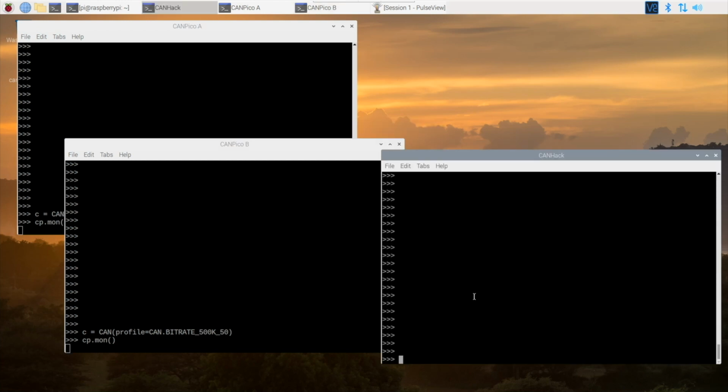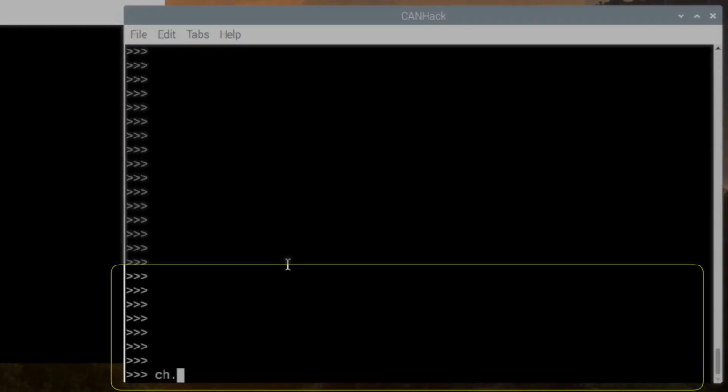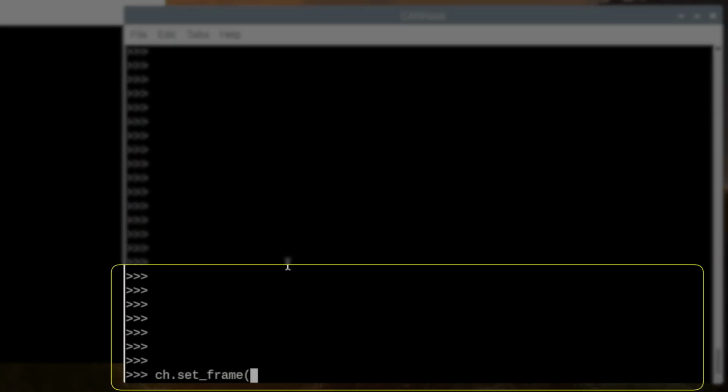Then we will use CANHack, and we will set 2 frames. The first frame has the CAN ID of 123, and we will have a short payload of 10 hex.